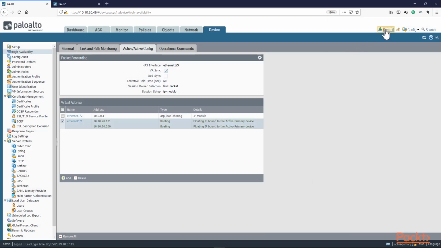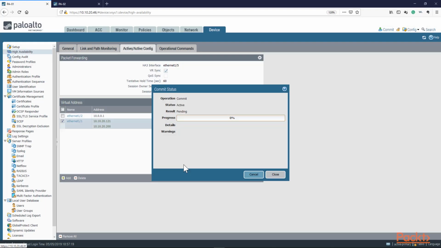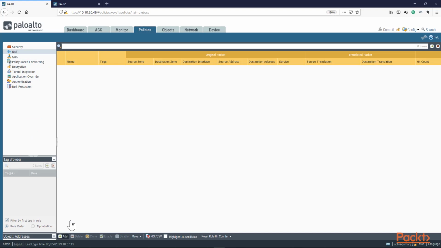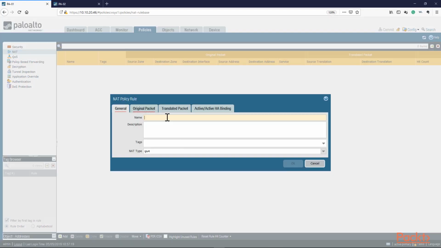Let's go ahead and click commit. Once that's done, you can either commit now or you can create the NAT rule and then commit. Let's go ahead and create a NAT rule after this commit. Let's go ahead into policies, NAT. Let's click on add, and let's create the first rule, which is going to be the first load balancing IP